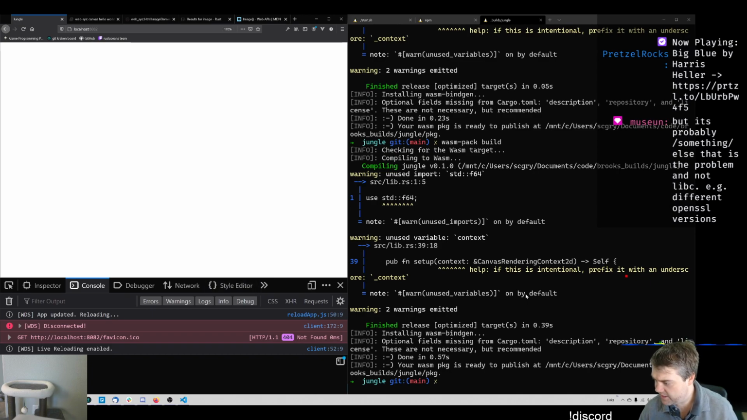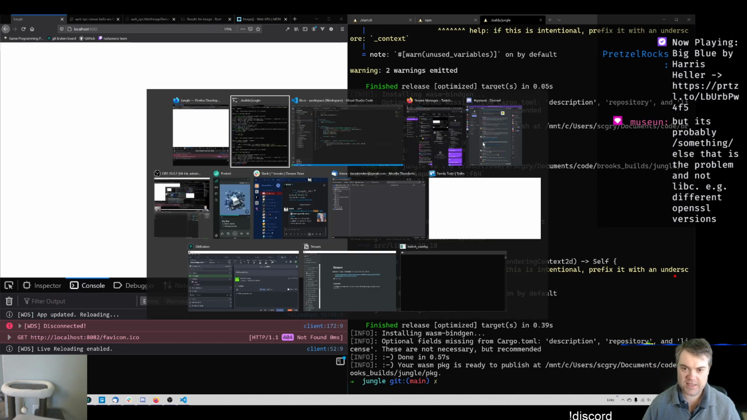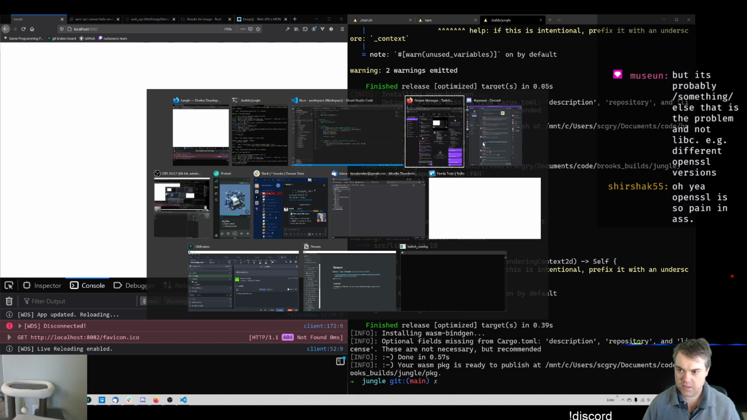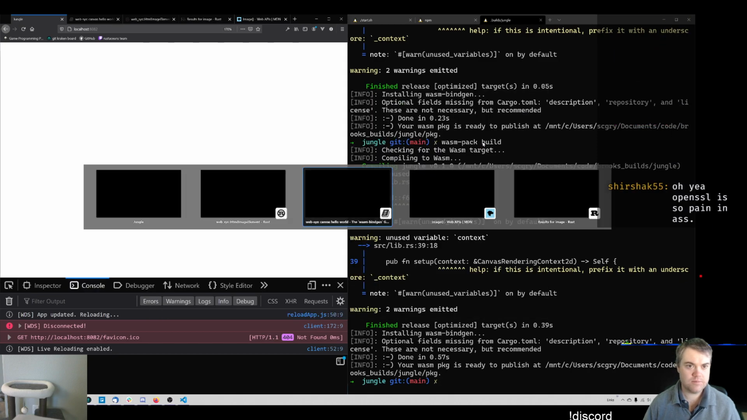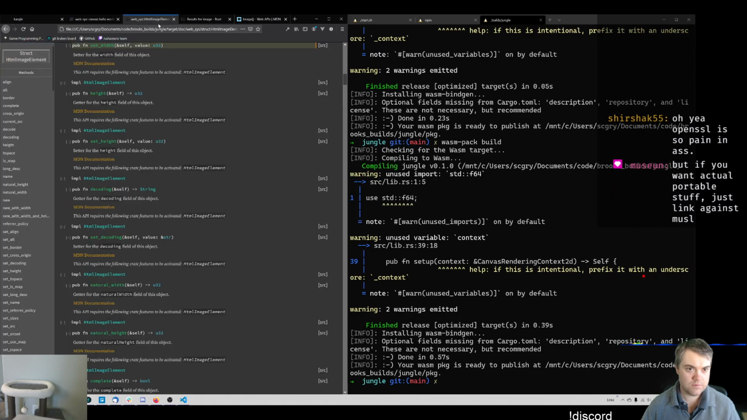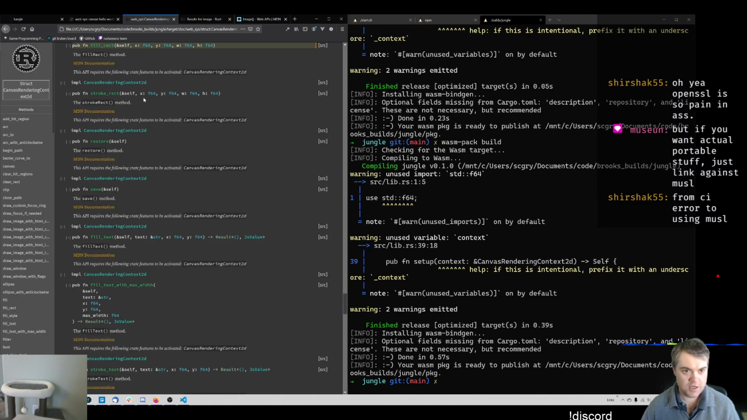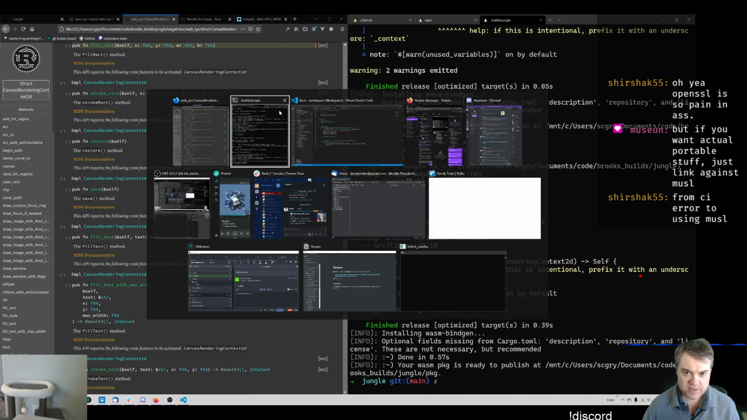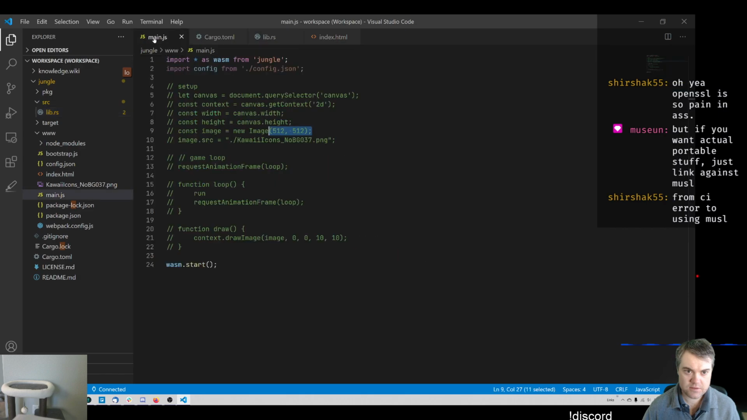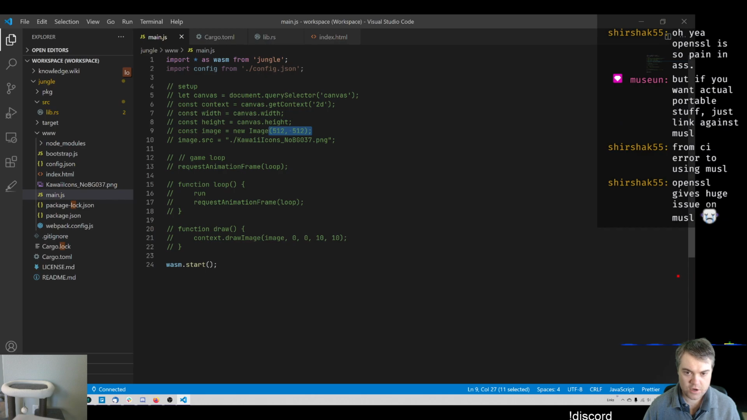Let's try drawing a square. So I think that was a rectangle. Okay, so I want to do a fill rect. Did we do anything in here to make the background? No, we didn't. Okay, so